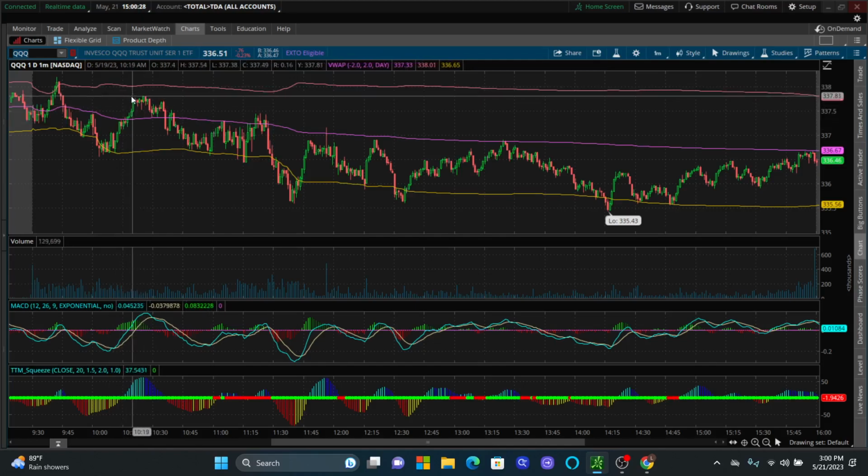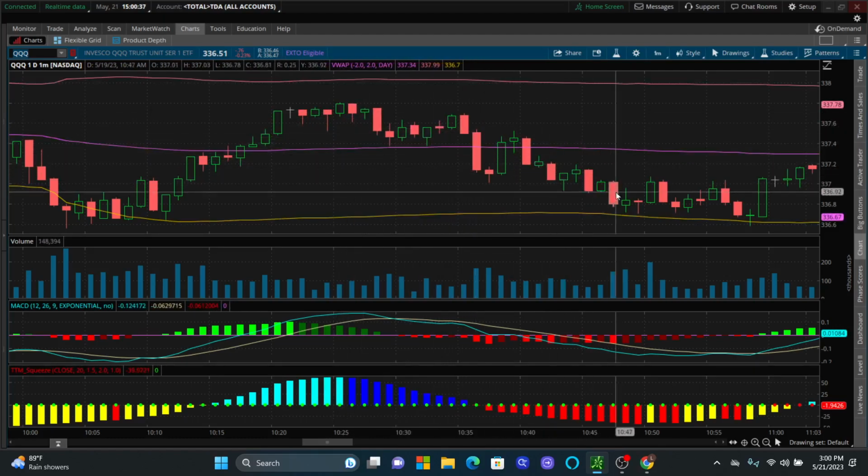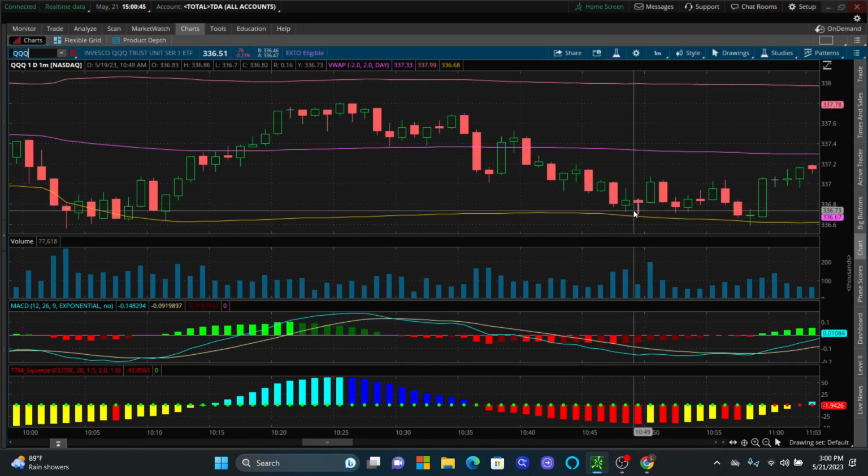So when we're consolidating this little channel right here, you can see that if you would have shorted and bought puts with that ABI indicator, you could have ridden it all the way down to the bottom VWAP right here, and you could have collected over $1 a share on your return. So you could have bought puts targeting 336, or whatever your technical analysis setup is to get in and